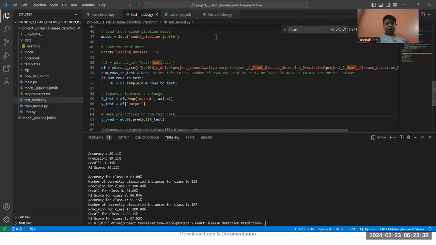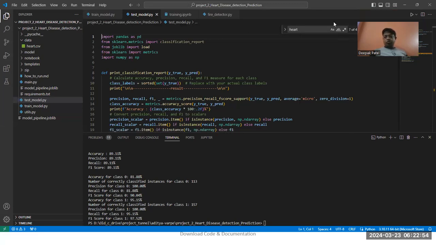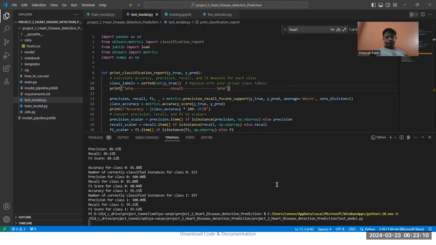So this is what you will get once you download the source code. Following are the set of libraries that you need to import, and after that you can run your model. To run this model, you just need to open it in Python, set particular folders, and in case of data, you need to set the path. Once it gets done, you just need to click on this run button and the code will run as shown